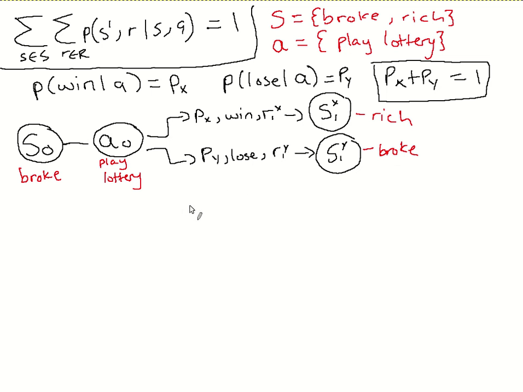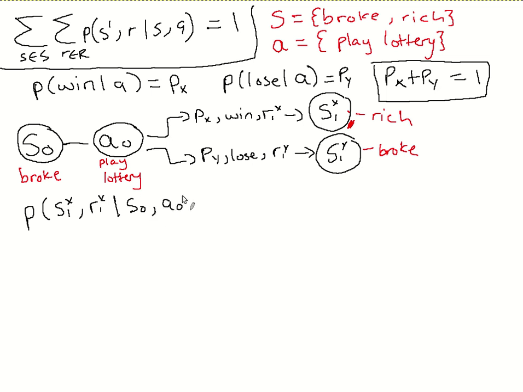So what we have is a situation now that we can represent in a particular way. Like someone asks you a question, for instance: Jared, what is the probability in this world that you described that I would actually end up rich? This is what you want to know. Well, that's pretty simple, right? The probability that you end up rich, which we'll call S1x, associated with some reward, which we'll call R1x, given that you're in state S0,